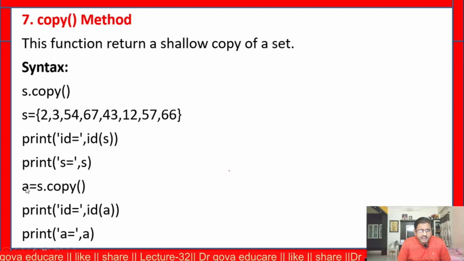Now a is a new set with a different address. That means this copying is called shallow copying.